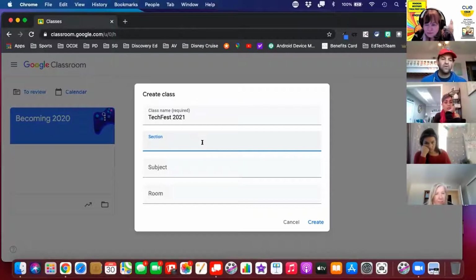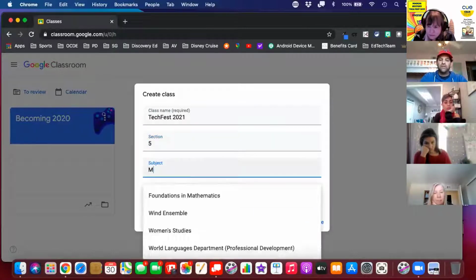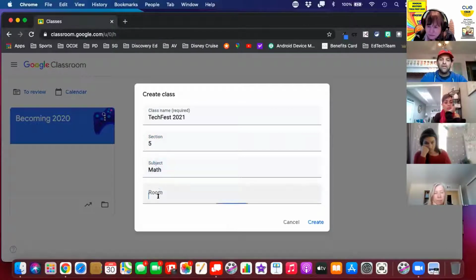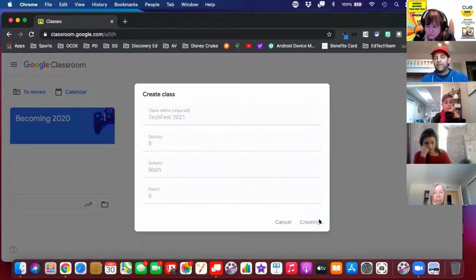Section, you can put whatever you want there. We'll call this section 5, subject. We'll call this math, why not? And then room, we'll call this room 5 as well, just for fun. When I click create, it's going to take a few moments to create the class, just because it's gathering all